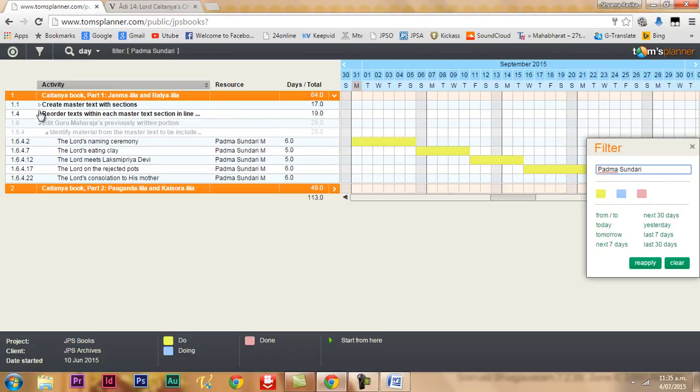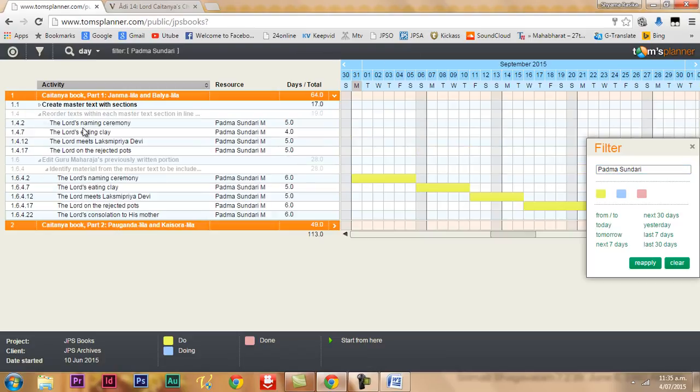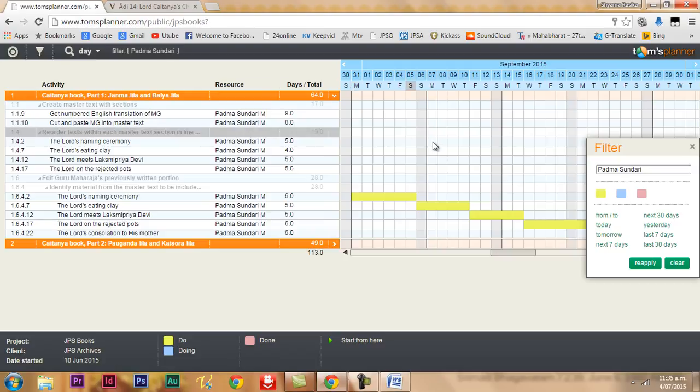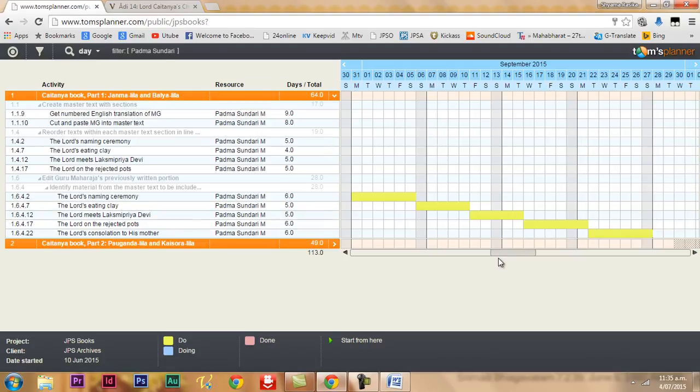These are headings. Headings are always in bold. Headings don't contain any information themselves, but they do indicate that there are activities under them. So these are all Padma Sundari Mataji's tasks. She usually works faster than whatever time is allotted to her.